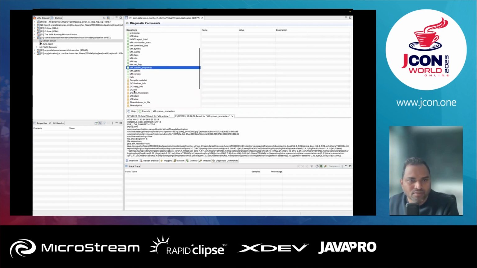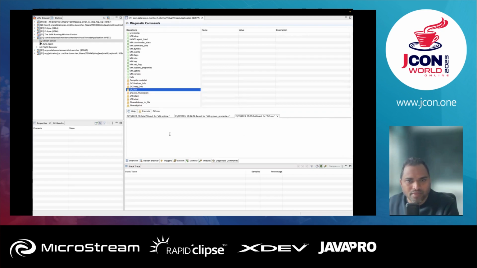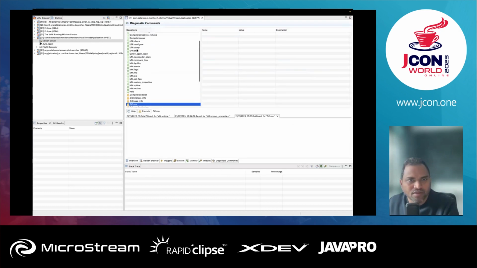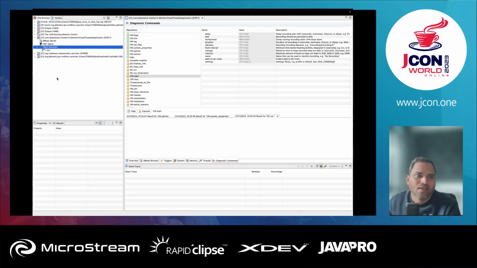We can even run garbage collection. And then we should be able to see that memory has been reclaimed. So basically this provides a nice interface to interact with it. In fact, you can also run the JFR commands from here. But if you just want to use JFR, there's another nice utility here. So what we will do later on is we'll create a new JFR recording by using JMC. But before that,